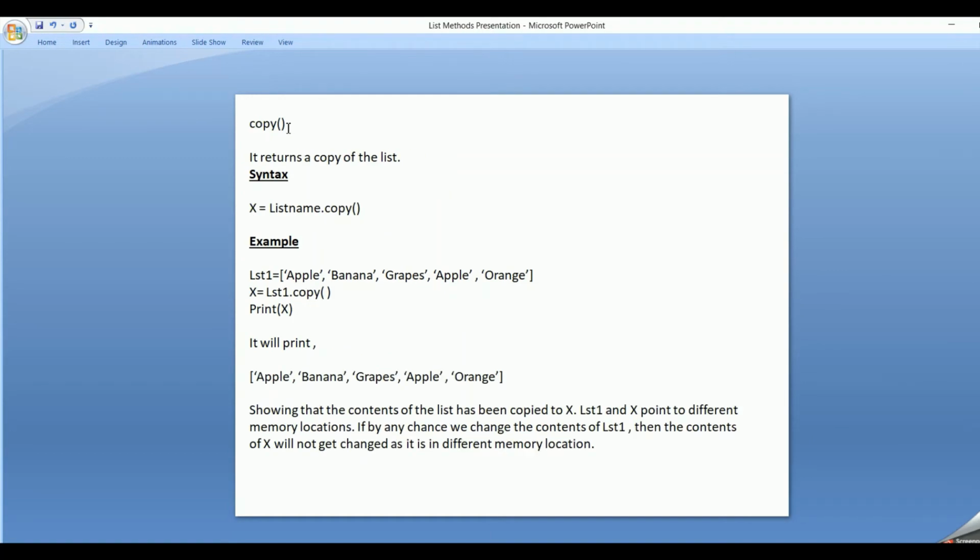And now let's go on to the next command, which is the copy command. So I specify x equal to listname.copy. So this is my list and I say x equal to lst1.copy, and now when I print x, the values of list 1 would have been copied to x.